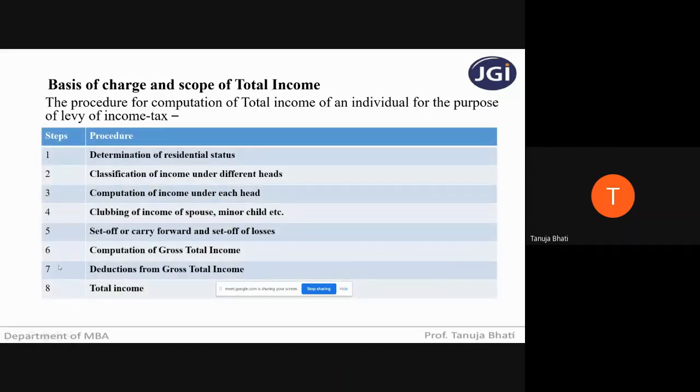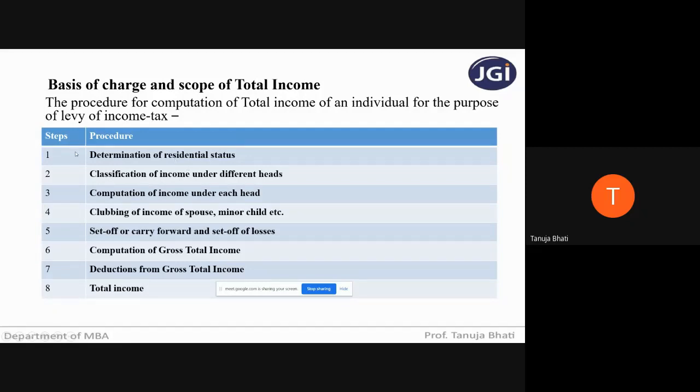Totally there are 8 steps to reach the total income of an individual, because once you get the total income of an individual, and if that income is above the exemption limit, about 2,50,000, you are going to charge income tax. What the slab rates are and all we will discuss in our next lectures, but today we will be seeing how to calculate the total income of an SSC. And why is that required? It is required because once we know total income, we will also be able to calculate the tax that is going to be paid by that individual to the government.